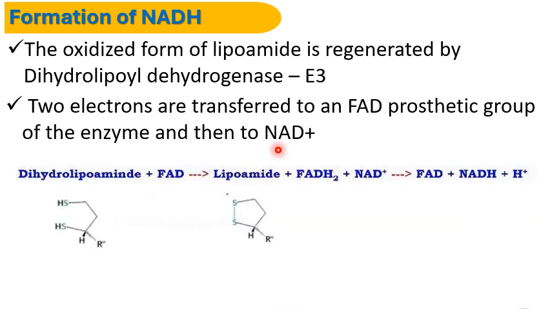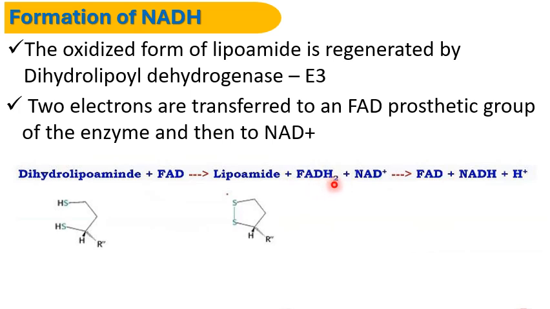Now, what we are just saying is that the electrons are transferred from this dihydrolipoamide to FAD. That is just removing these 2 hydrogens, and you find out that it converts this reduced form of lipoamide or lipoate to the oxidized form, while FAD is converted to